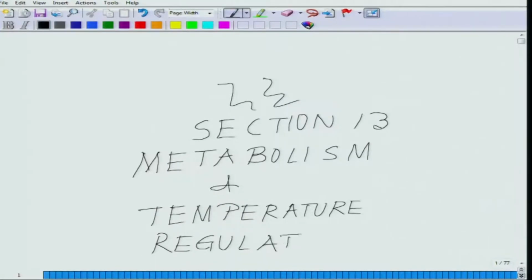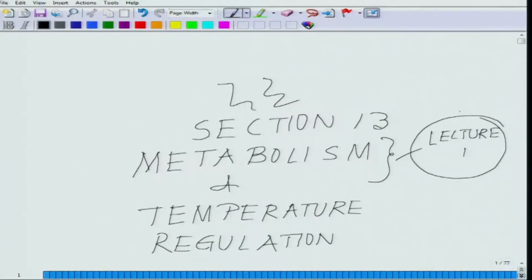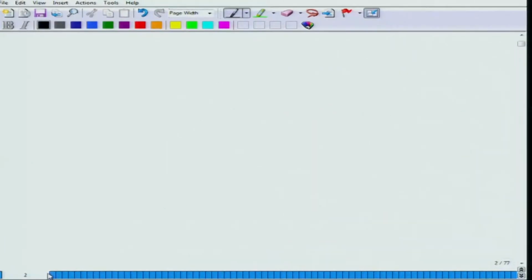This is the second part of this. Today we will be dealing with metabolism, which is lecture 1. So, coming to the different components of the food we talked about,